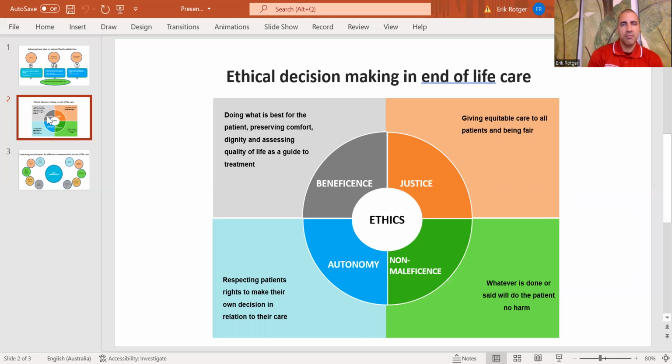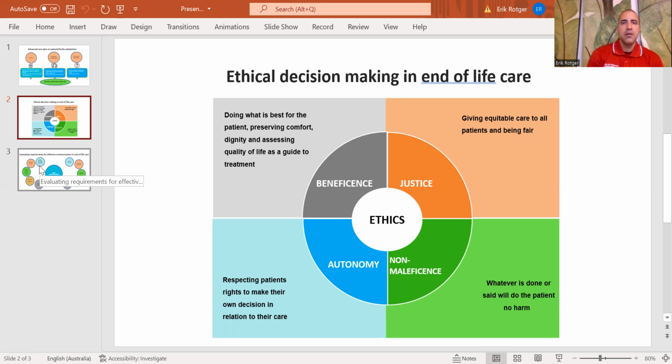For example, in the case of palliative care, if the patient is near death and in pain, by administering pain therapy, the patient will become more comfortable. However, this may also accelerate death. And in this case, the nurse has a moral obligation to give relief of symptoms, even if the intervention might hasten death.